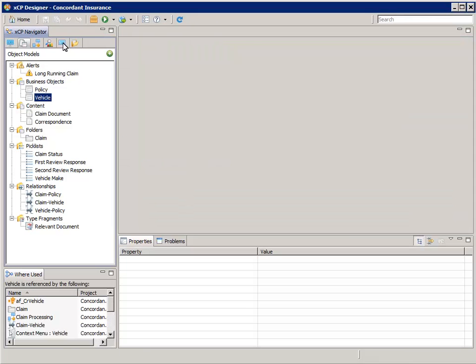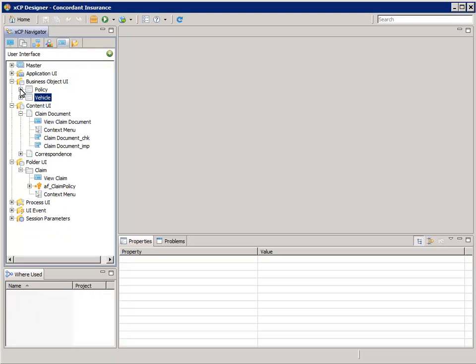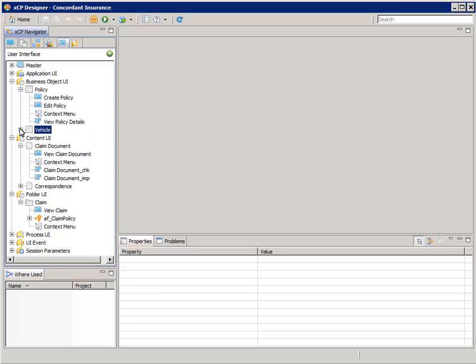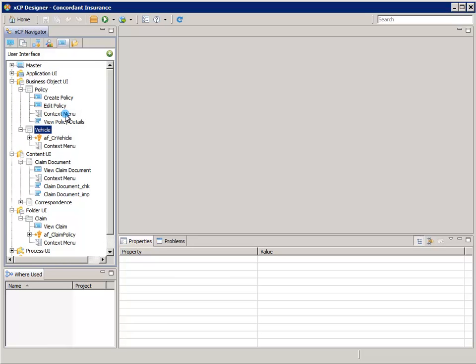The other thing I want to show you in this section of the tutorial is context menus. So if you look at the vehicle and the policy objects, you can see that we've defined every single one of our object types. And you'll probably want to do that too. The reason for that is if they ever magically show up in a results list somewhere, you want the users to be able to right-click on them and do things with them. For example,